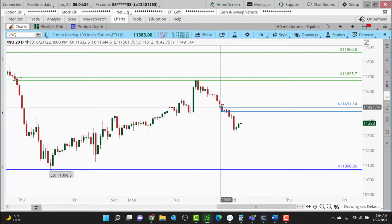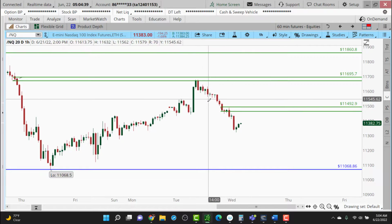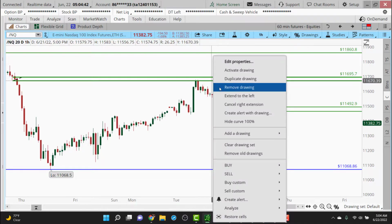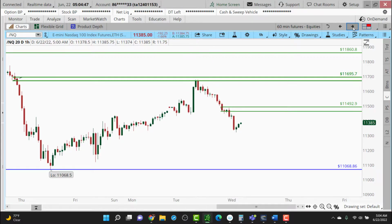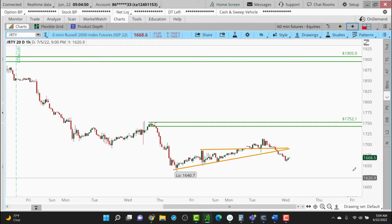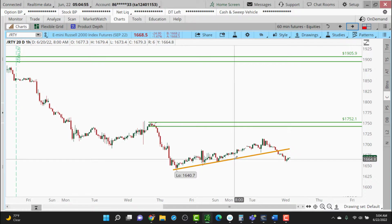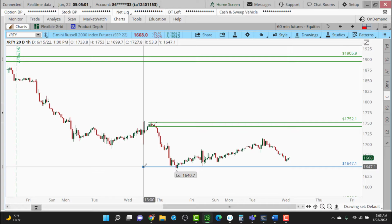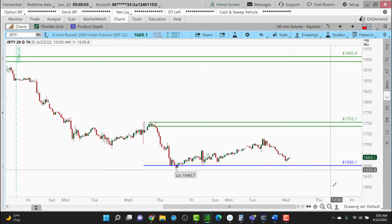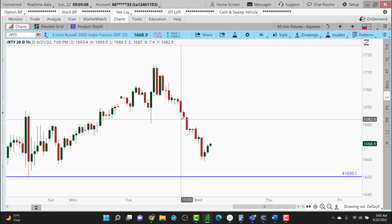And similar area here to what we have in the S&P for a potential reversal. So let me go ahead and get rid of this level since we've bounced off of that one and moved away pretty nicely. Russell 2000. We looked at a little bit of price popping up through here. It didn't really do a whole lot, and it's actually down and didn't even come close to making it to its supply area. I would say in the Russell, your best opportunity is going to be some sort of a breakdown below 1650. We're not quite there yet, and if that breakdown doesn't occur,